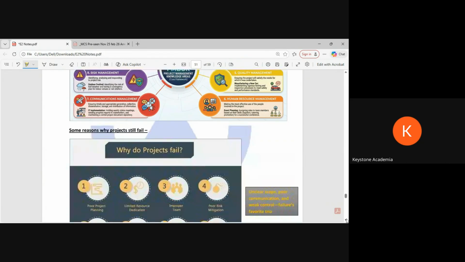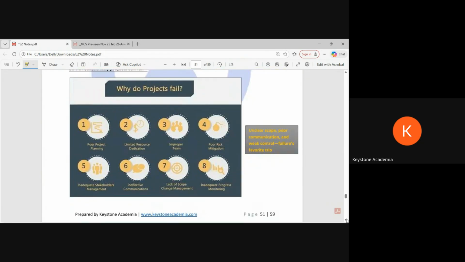Now quickly, if you look at why projects fail, after doing all of this, still most of the projects do not fail, meaning it's not like they go for a loss or they go bankrupt. They don't achieve the synergy. Poor project planning. Whatever planning they are doing, many times it can be unrealistic or too optimistic. When we start anything, we are too optimistic. As simple as if you want to say how your week will look, we'll make a very optimistic plan, but in reality it might be different.